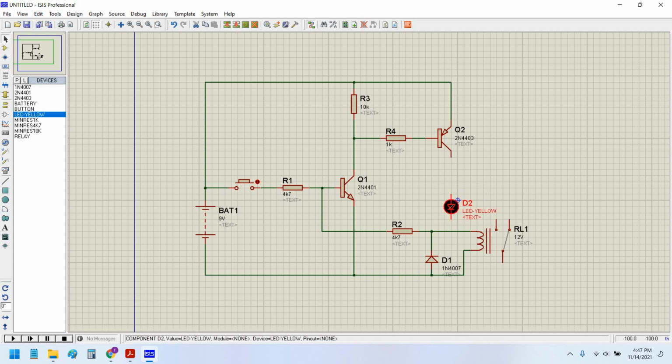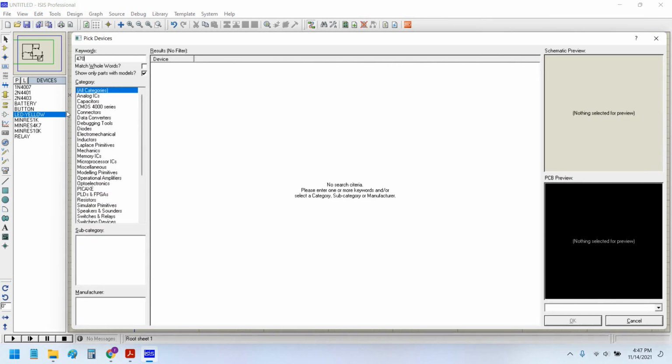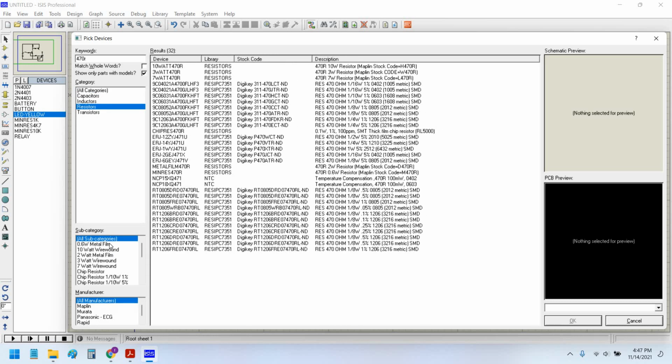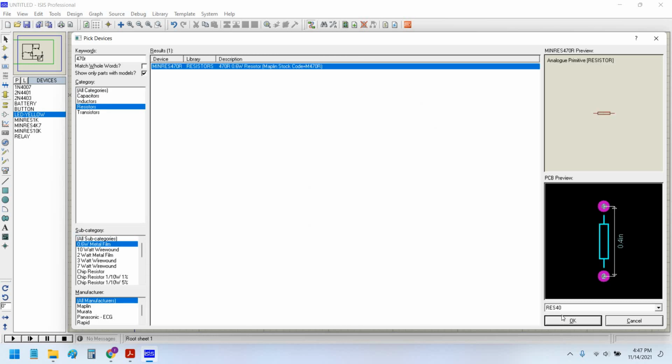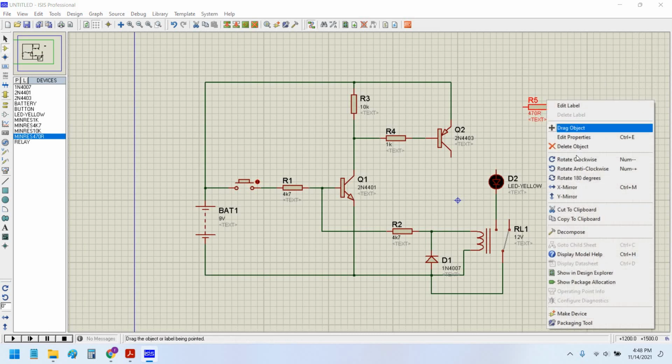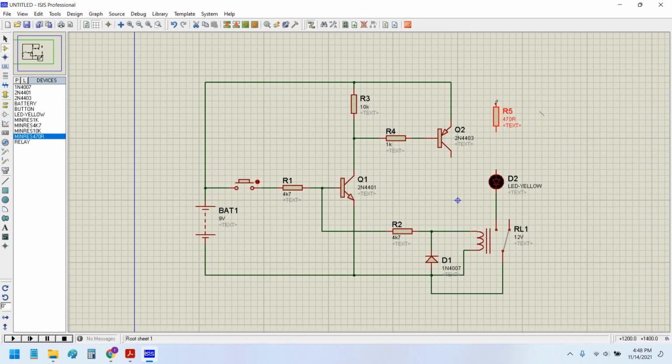No, this LED would be connected here. A series resistor of 470 ohm for the LED to limit the current. This would of course be connected to here, and this will be here.